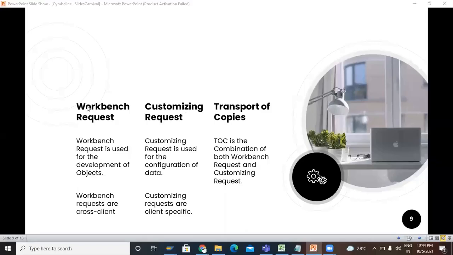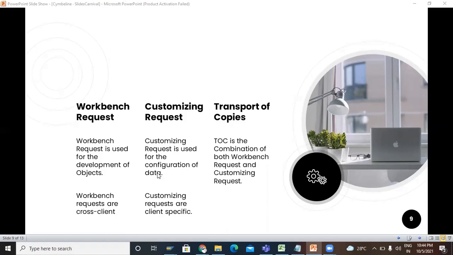So we are having different types of TR: workbench request, customizing request and TOC. Workbench request is used for the development of objects. If you are developing any object like a custom program or custom table, then you can store it in the workbench request. Workbench requests are cross client. Cross client means changes on one client will reflect on another client. Then customizing request is used for configuration of data.